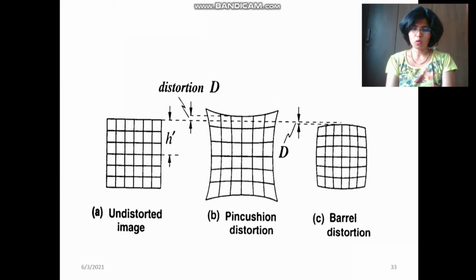A small amount of distortion may be tolerable in optical instruments used mainly for the purpose of visual observations. However, in optical instruments like a photographic camera, it must be completely eliminated, where the magnification of various parts of the object must be the same. We have studied that spherical aberration, chromatic aberration, and astigmatism may be minimized by using stops at suitable positions. However, if stops are used, the resulting image is distorted. In particular, if the stop is placed between the object and the lens, distortion is barrel shaped. But if the stop is placed after the lens, the distortion is pincushion type.